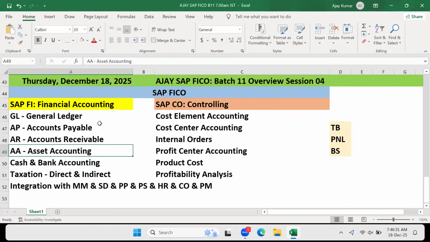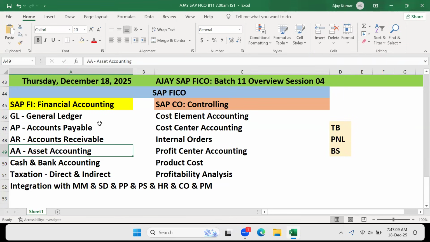There are remaining ones which I will make you understand later on. Initially, if you are able to understand integration, SD integration, it is enough. This is majorly from a high-level point of view, on the financial accounting side, at a broad level. Similarly, if you go to controlling, or the CO side, you have different modules. In CO, there are 3 points where you have mentioned accounting, right? What are those 3?